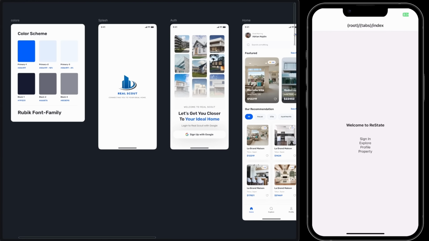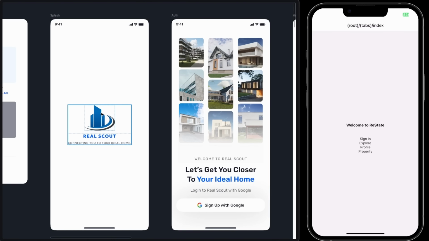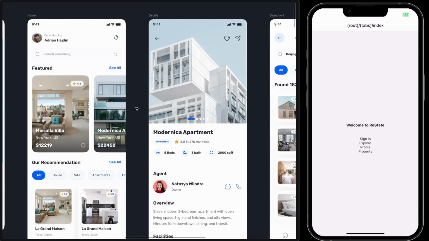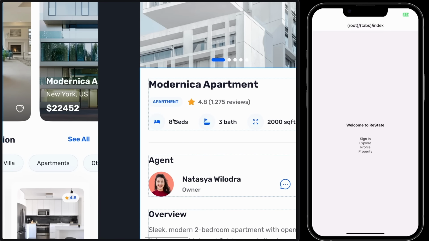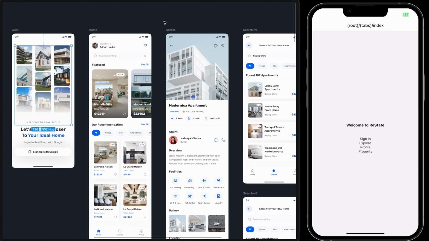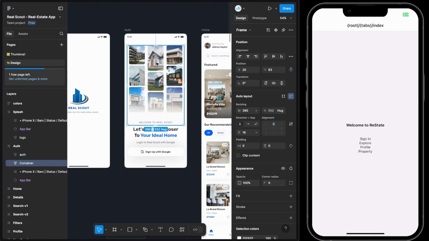To make this project look as good as it does in the design, we have to have many different assets that make it what it is, such as this splash screen icon, or this icon showing different properties, or even these little icons right here that show the user how many beds, baths, and square feet there is. Now, what you could do is manually download each one of these icons from the design by just clicking on it, like right here,